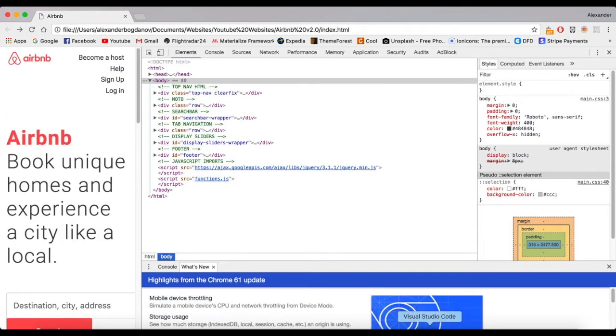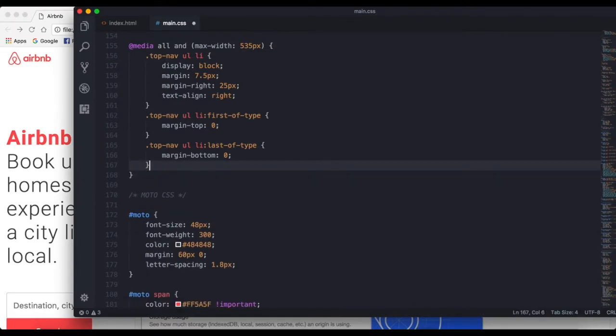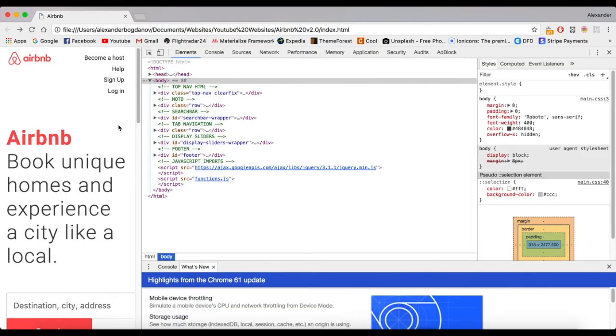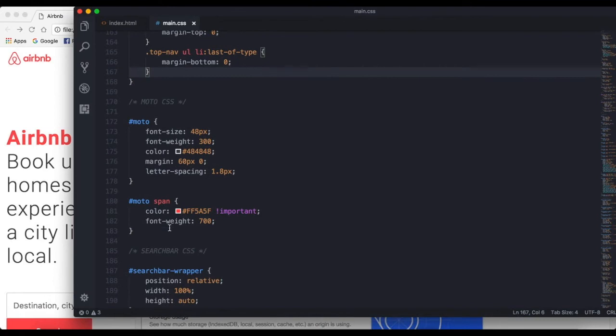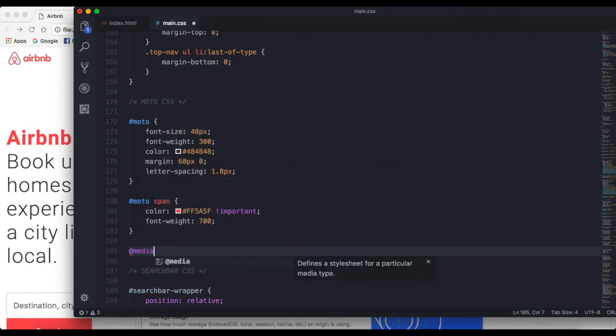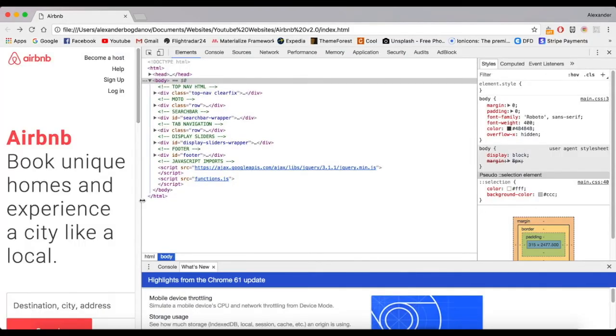okay, first thing, this looks terrible. I don't want it to be 16 pixels. I want it to be 14, just like that. And then we're gonna also make this a little bit smaller. And I know that you should be making it bigger, but I think this is way too big for a phone. So I'm here on the modal CSS. I'm gonna say media all and max width. I'm not sure yet. So about